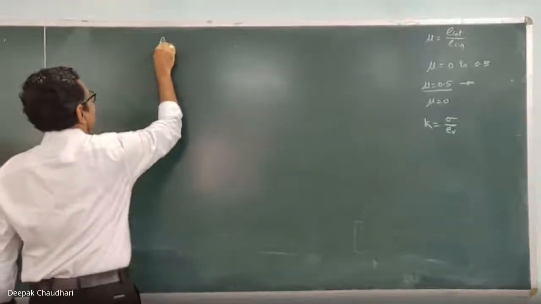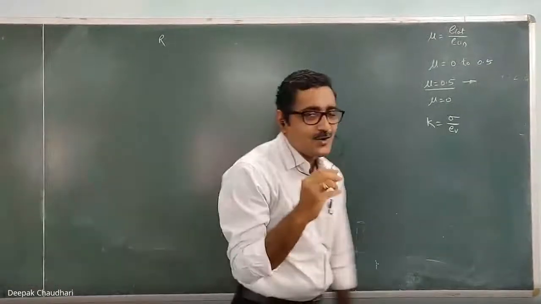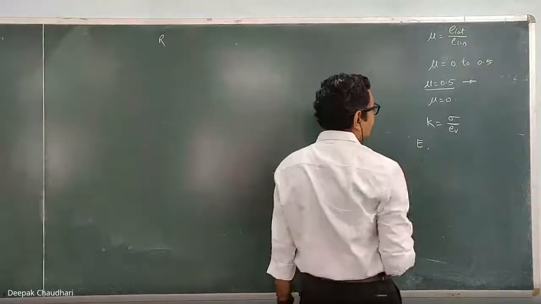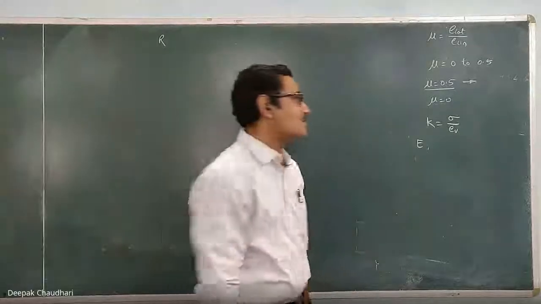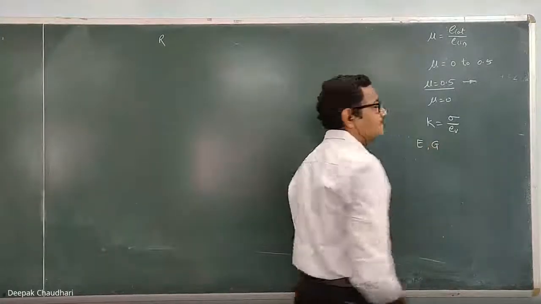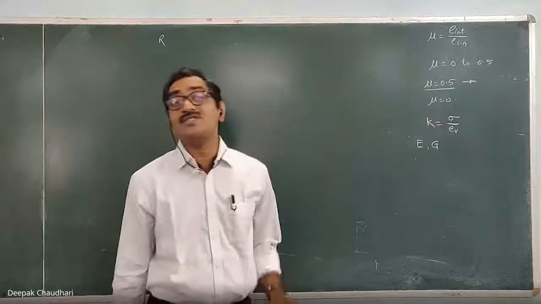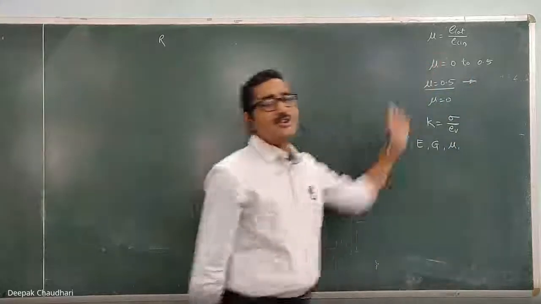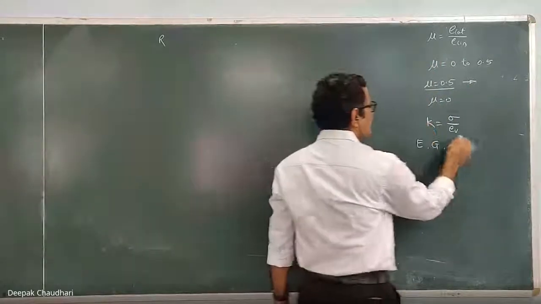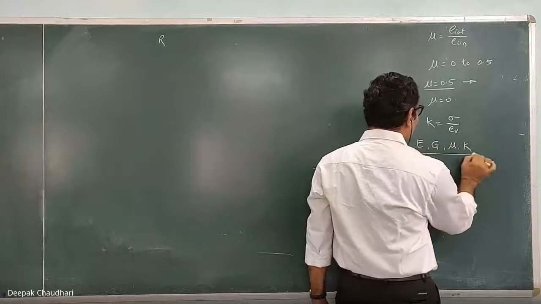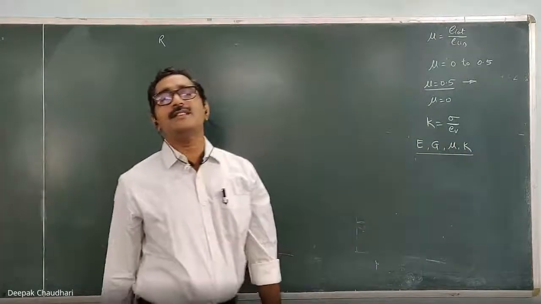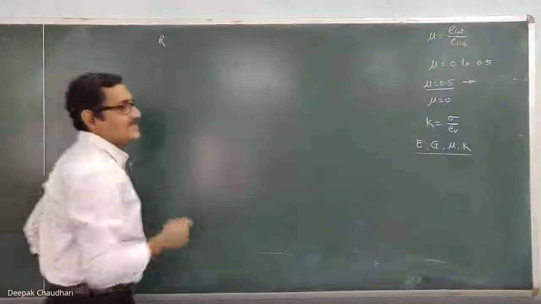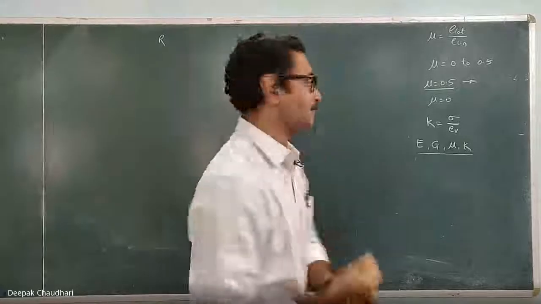Then the next thing we have to study is the relation between the moduli of elasticity. Till now, which elastic constants have we studied? We have studied the modulus of elasticity E, the ratio of direct stress to the direct strain. We have studied the modulus of rigidity, the ratio of shear stress to the shear strain. We have studied the Poisson's ratio, the ratio of lateral strain to the linear strain, and the bulk modulus. All these are properties of the material, commonly known as the elastic constants. So we have to find out the relation between these elastic constants for a particular material.